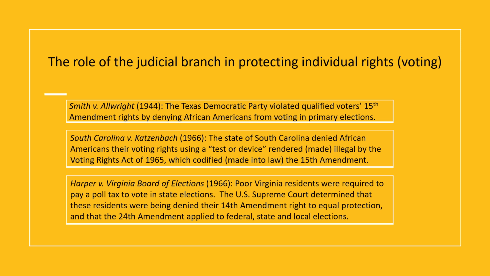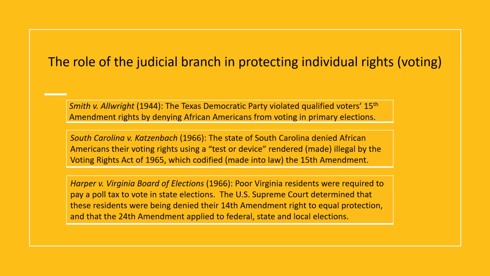And so what some states would do, as we're going to see in a moment in Harper versus Virginia, is say the federal law only applies to federal elections, but the fact that we're managing these state level elections means that there are going to be people running for state offices on the ballot. We have the power to manage elections, and this is how we manage elections. And the U.S. Supreme Court said, absolutely not. The 15th Amendment applies to federal, state, and local elections, and this practice is a violation of the 15th Amendment.